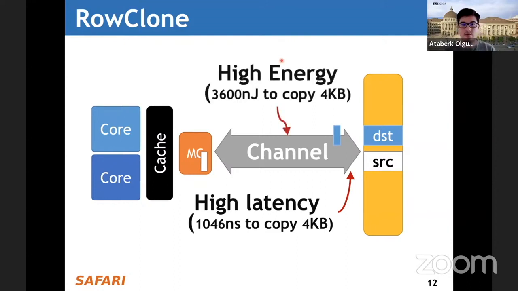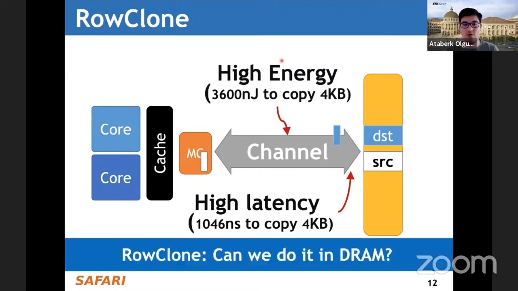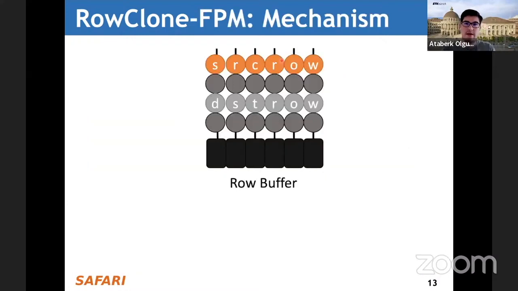And the key idea of RowClone is basically, can we reduce these overheads if we are able to do the operation in DRAM? So we don't want to move data out of the DRAM chip. We want to do it in place. And this is the key mechanism RowClone develops. It's one mode of operation of RowClone. There are multiple ways that we can use RowClone to reduce data movement, but I'm going to talk about only the full parallel mode, which does copy operations inside DRAM subarrays. And now I will explain how we do that.